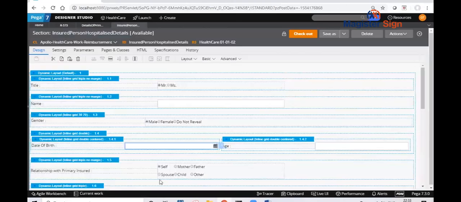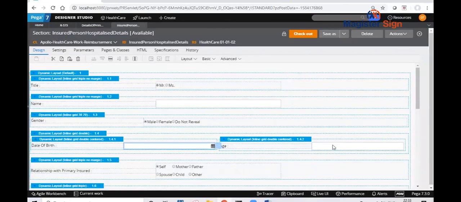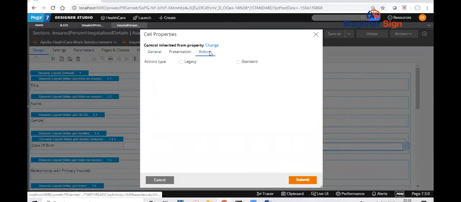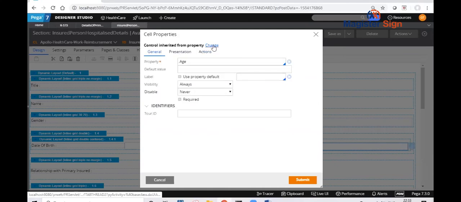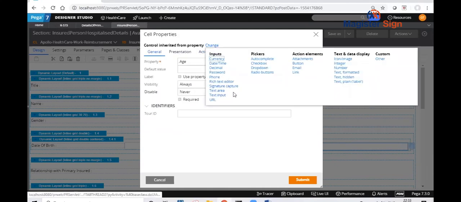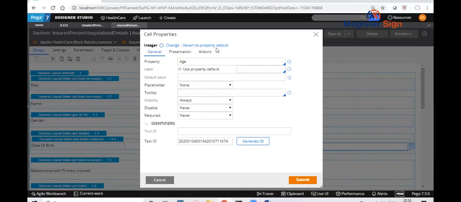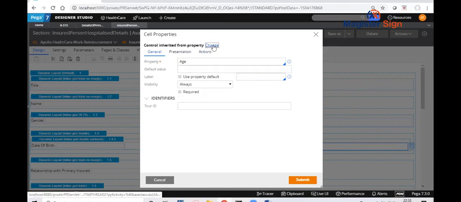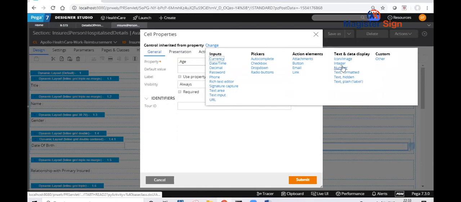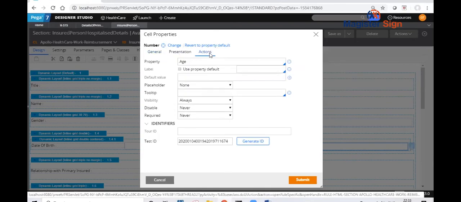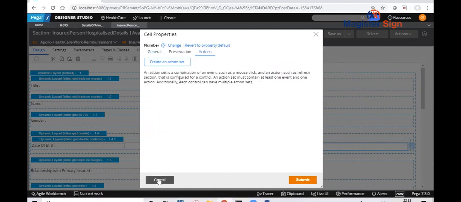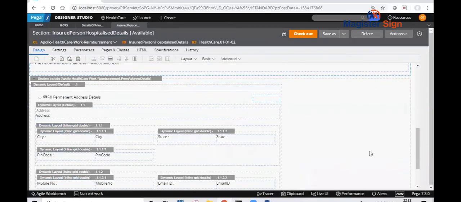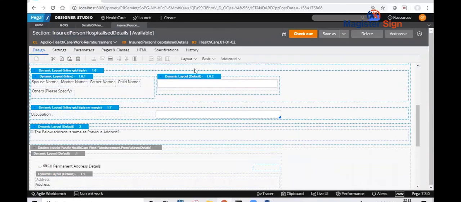Okay, let me look at this. That is the reason. It was earlier integer, I guess. One second. Okay, I think I'll have to do all that again. So a few changes have gone. Anyways,